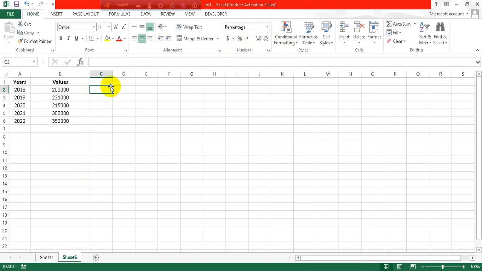So now you have to put a formula which is equals to, open parenthesis, click on the first cell, divided by, click on the another cell that you want to divide it from, and close the parenthesis and subtract 1. Click on enter. As you can see, it's 11% change from this cell to this cell,